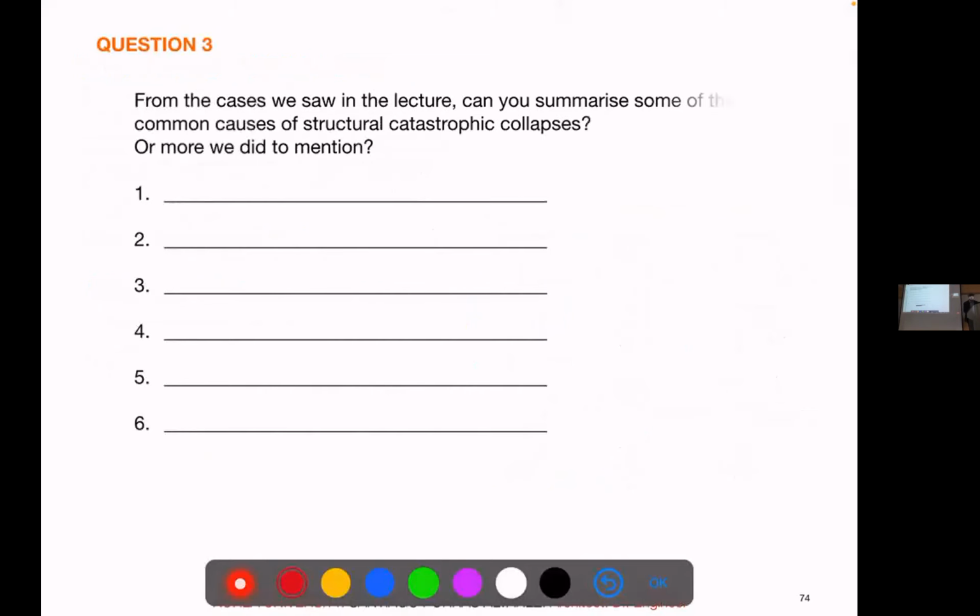So it is almost the last question. Let's spend 1 minute on it. Try to remember common causes of failure. And I promise this is the last question today, and then we can go home after 1 more minute. This is just a basic exercise of memory. Many of the problems are repeated, right? And are very common. So how many can you remember? The common causes of collapses, right?